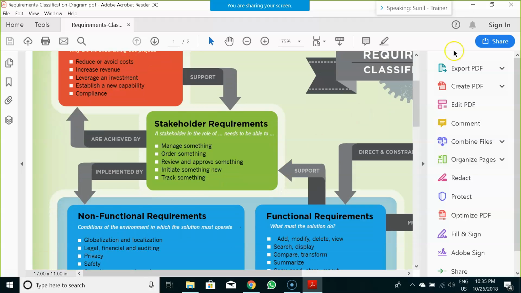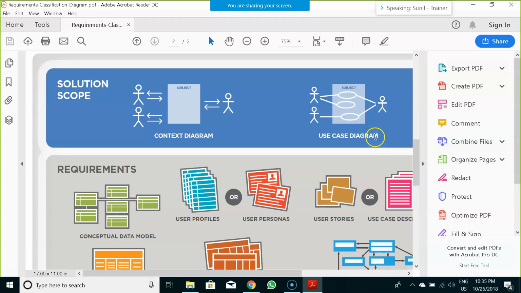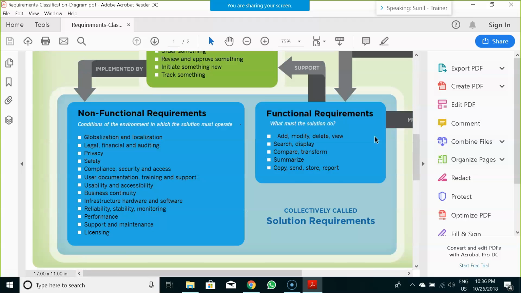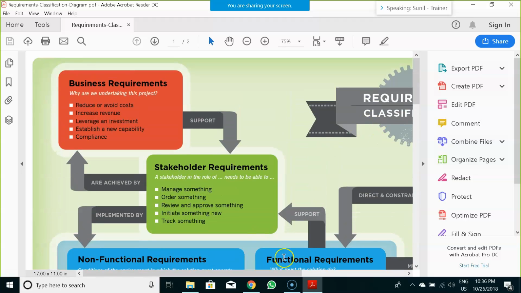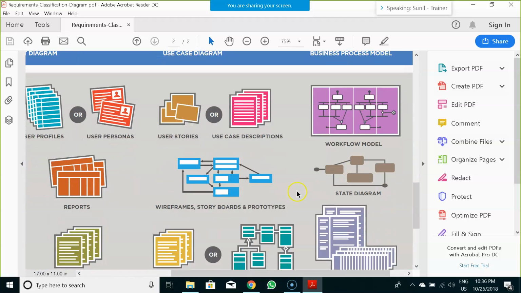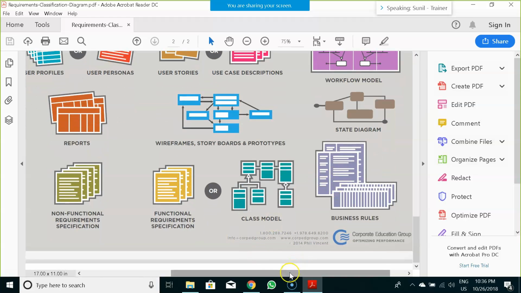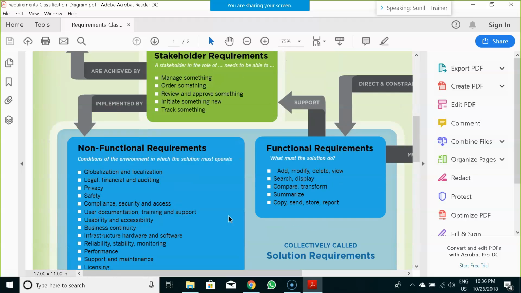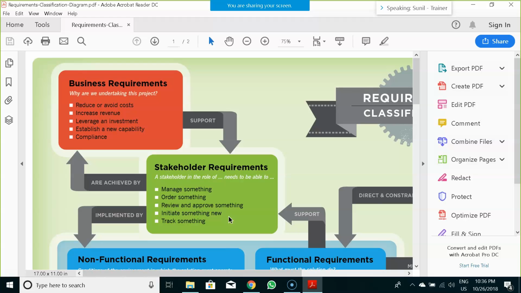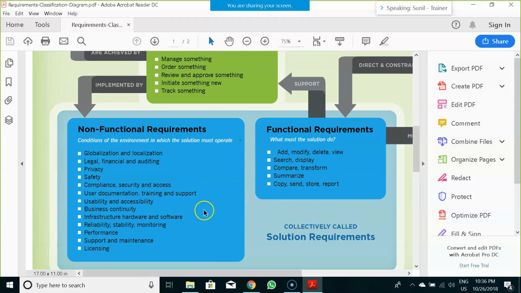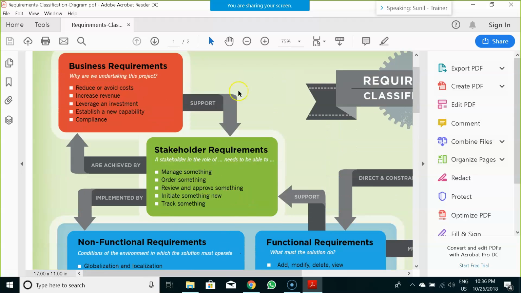Okay, so this is a beautiful classification diagram. You can print it and post it anywhere on your wall or somewhere. It has the summarization of everything that we have covered, in terms of requirements classification, in terms of what artifacts would be needed by the business analyst, to give you an easy preparation for your interviews. You would have it handy. So I believe this is also uploaded in that particular portal. You can take a print of it and stick it somewhere, and every day you can look at it and you would have better understanding around it.